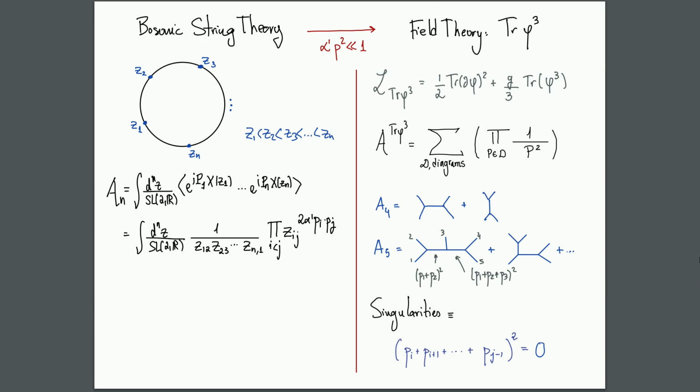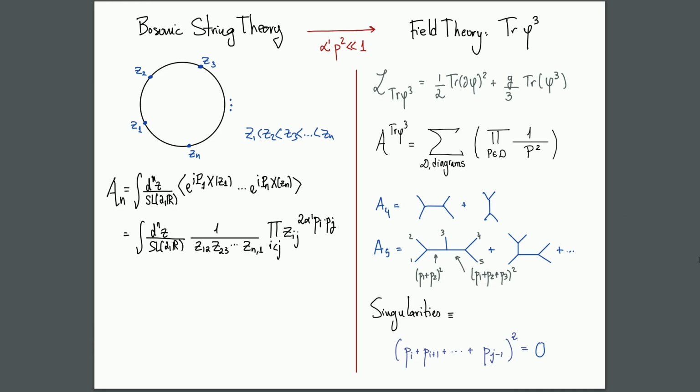The first factor is what's called the Parke-Taylor factor, and it encodes the singularity structure that we get when we make the z's collide. The second factor is called the Koba-Nielsen factor, which makes manifest the dependence on the momenta of the external states that we're scattering. So when we look at low energies from this object, what we get is